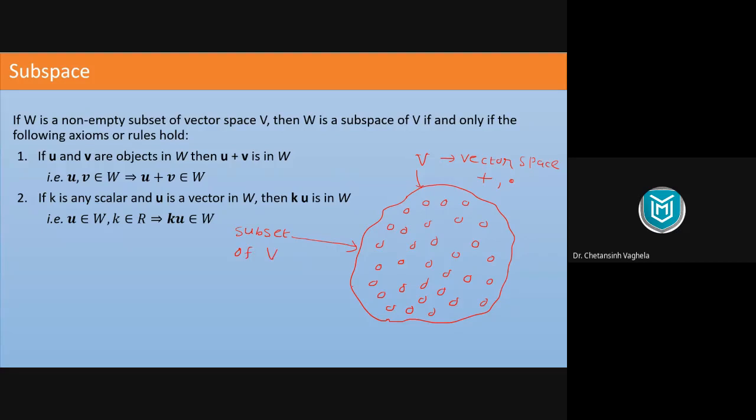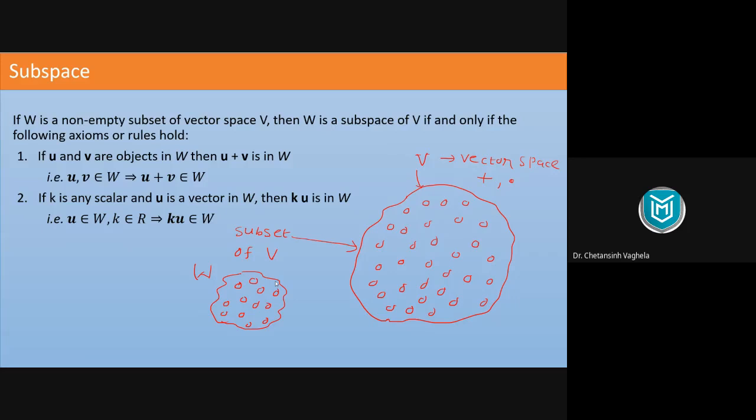Yes, a part of this set capital V which is smaller than this, and it contains all the elements of set V. Now let me take a smaller set like this. Let me say this is W. So I'm choosing some objects from this set V, and I'm creating a subset of V here. Now, do you think this smaller set W will be vector space?